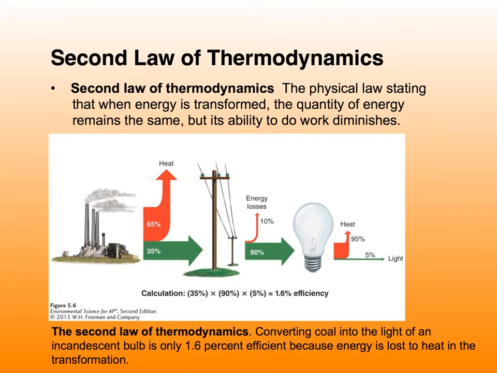All right, here's just another example of that. It's really interesting. Your incandescent bulbs, right, your non-fluorescents, are going to use only about 5% as useful light energy. The rest is going to be given off as heat, waste energy. But you can actually track that back from the power lines and then from the power plant that created that energy. You see a lot of that is heat. We're only getting 35% as it goes into the power lines. This is pretty efficient, but the longer the power lines go, if you remember